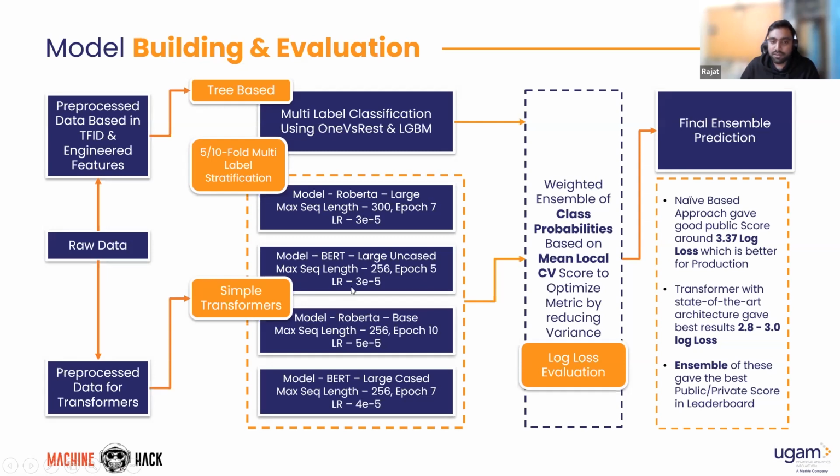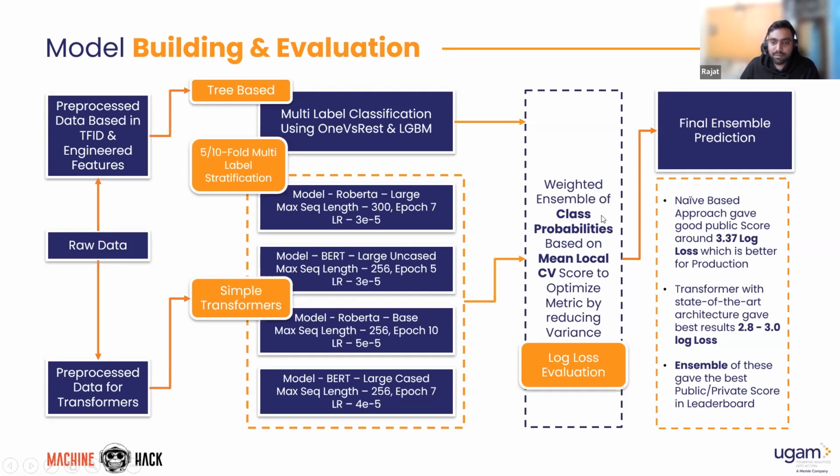and use simple transformers. I used a cascade of different models, with which I had Roberta large, then Roberta base, using different epochs, different learning rates, and different max lengths. Okay. Then my next approach was to